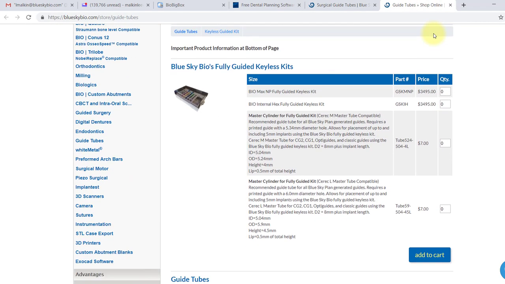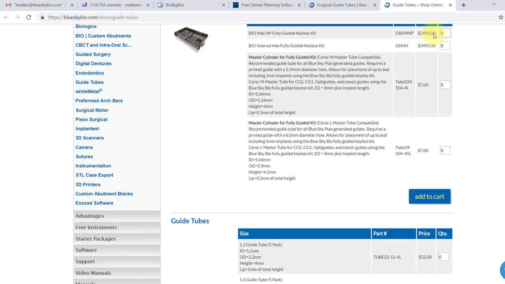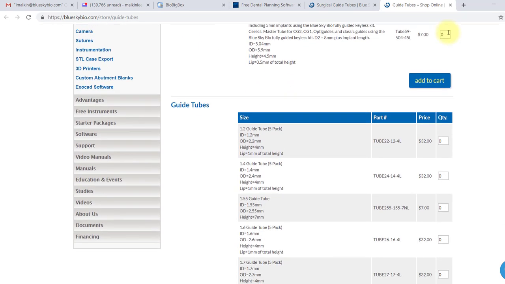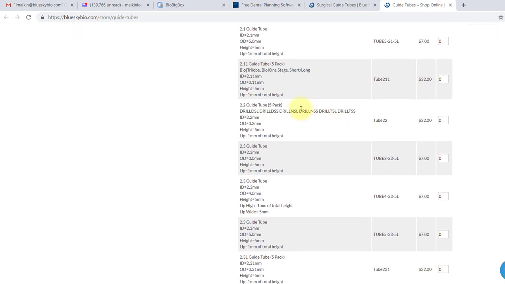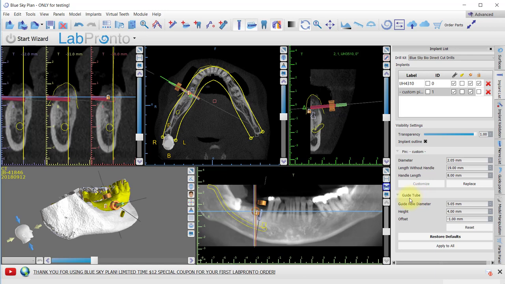As we mentioned before, the diameter of the drill we'll be using is 2.1. So for this, we'll need a guide tube with an inner diameter a tenth of a millimeter larger, that being 2.2. Here we have tube 22 with an inner diameter of 2.2, an outer diameter of 3.2, a total height of 5. 1 millimeter of that 5 is the lip which sits outside of the surgical guide, with 4 millimeters penetrating the surgical guide. And we'll apply that to the guide tube section for the guide hole diameter, height, and